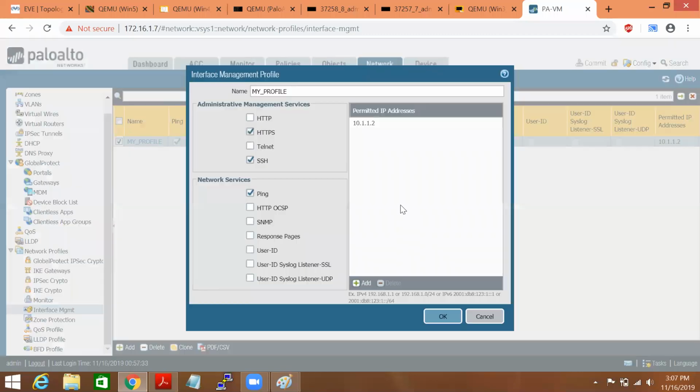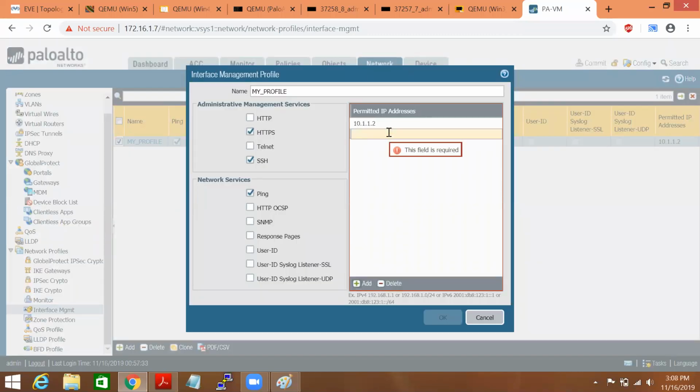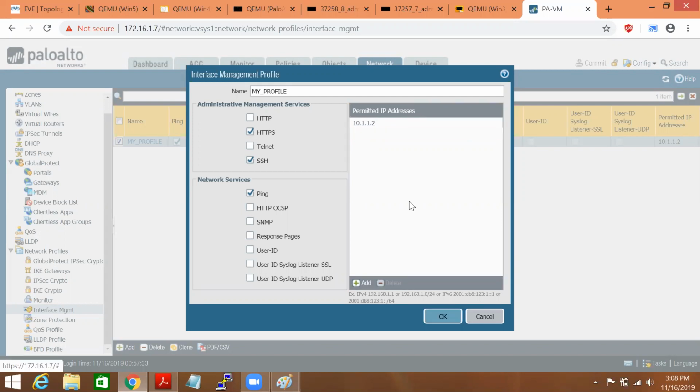Let's say if you need one more person to access, you can mention it here. So 10.1.1.2 and 10.1.1.3 can access. It is very similar to ACL, which is based on IP, nothing else. I thought we are allowing on the basis of IP, yes.